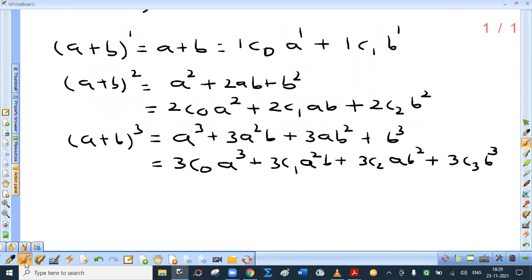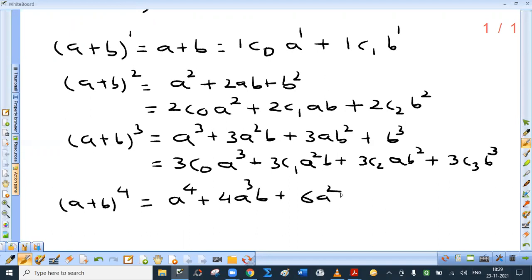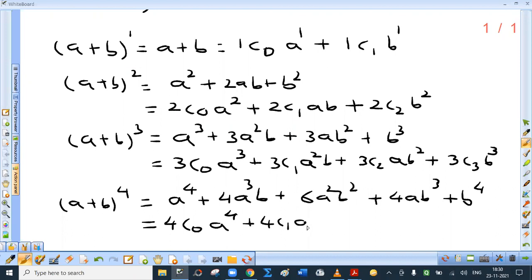Okay. Now what is A plus B raised to 4? You may say A plus B raised to 4 is A plus B square, which is A square plus 2AB plus B square, square that. Now A plus B raised to 4, if you expand using this method, then it is A raised to 4 plus 4A cube B plus 6A square B square plus 4AB cube plus B raised to 4. Now, I will say coefficient of A raised to 4, which is 1, is 4C0. Is 4C0 1? Yes, it is. A raised to 4, plus 4C1 A cube B plus 4C2 A square B square